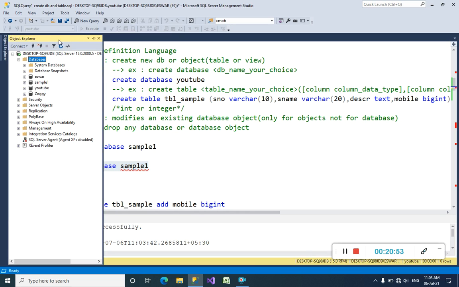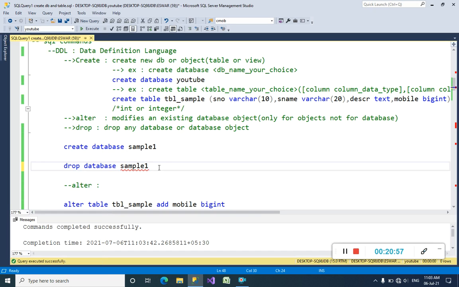See guys, how many databases existed here? Only 3. So it has been dropped. As I already told you, any database object or database that enters our SQL Server will go back with the drop command.